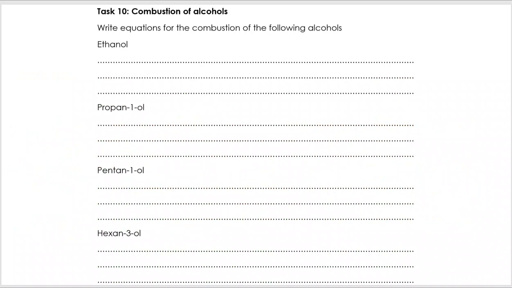Now in terms of equations, we're moving on slightly here actually, and we're looking at combustion of alcohols. Have a go at writing out the equations for the combustion of alcohol. First one, we've got ethanol plus oxygen, and it is going to make CO2 and H2O. I then just need to balance it. I'm going to balance my carbons and balance my hydrogens, and then I'm going to be very careful in balancing my oxygens. I've got 4, 5, 6, 7 oxygens over here. Remember, I've already got 1 O in the alcohol, so I need 3 O2, not the 3.5